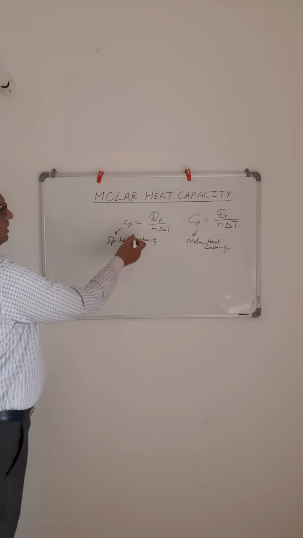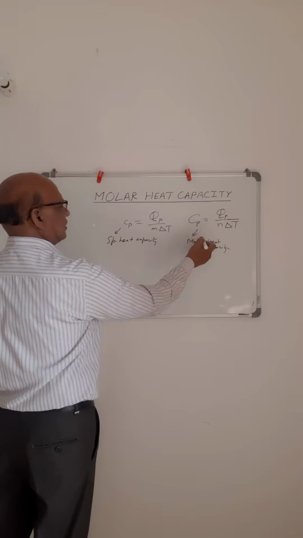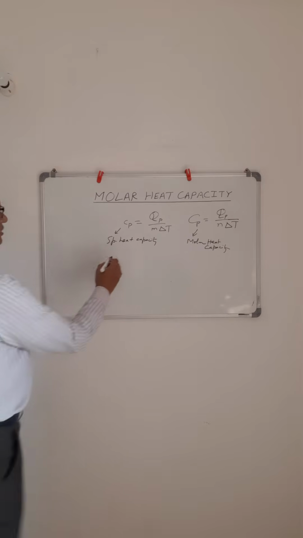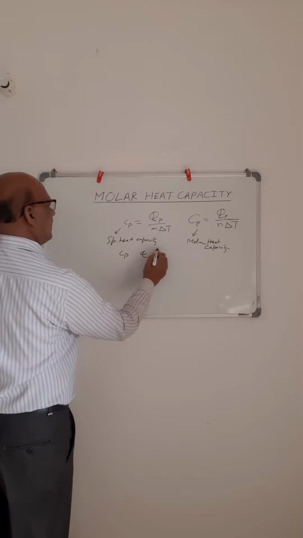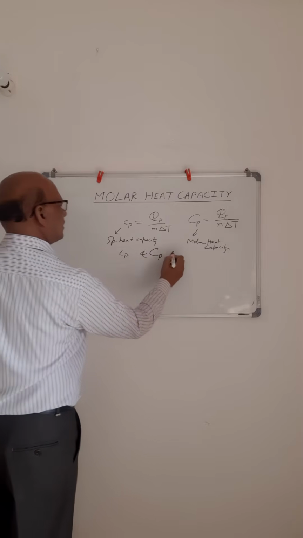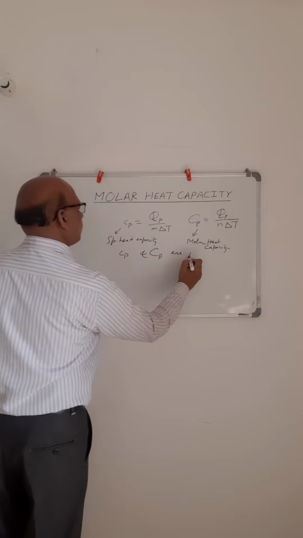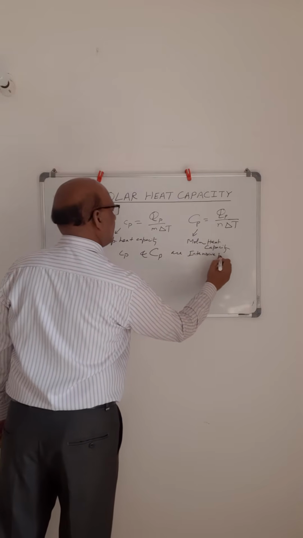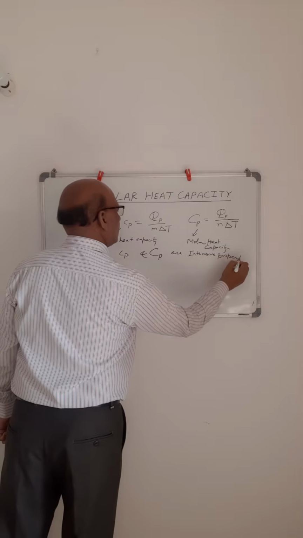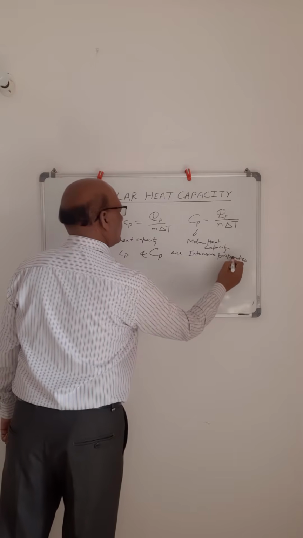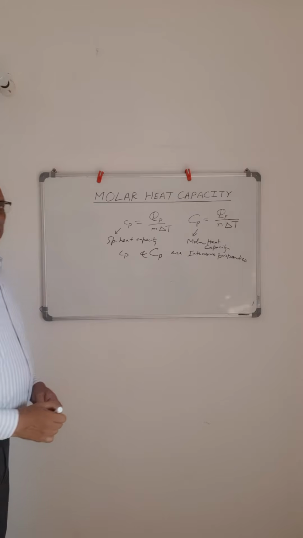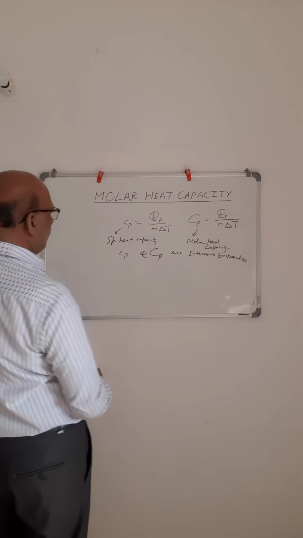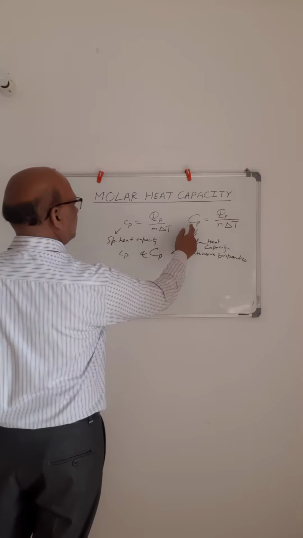Cp means at constant pressure and this is also at constant pressure. Okay, so we can say that this small cp and this capital Cp, they are intensive properties, because they do not depend on the size of the system or on the mass of the system. Okay, or we can define this capital Cp as